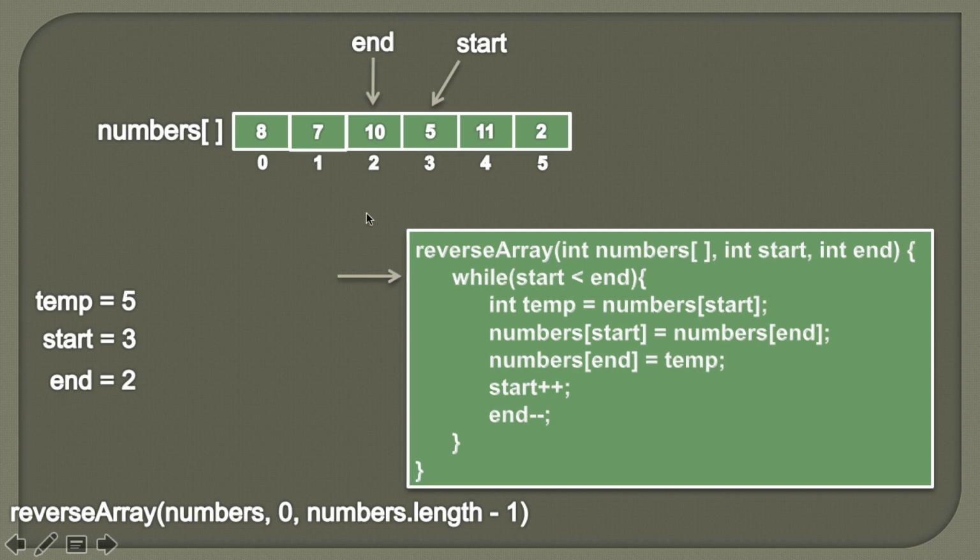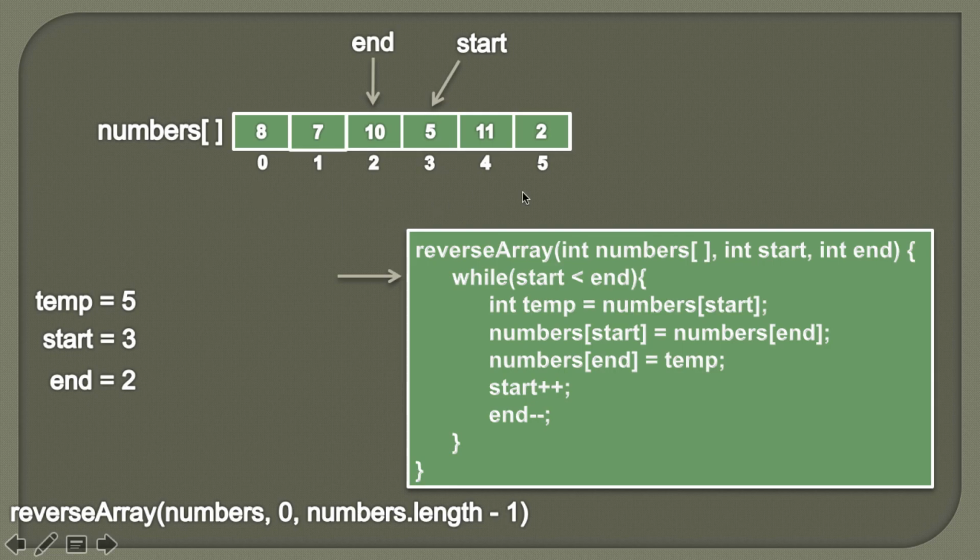So friends, the idea behind this reversal algorithm was to actually take two pointers, one would be the start position and one would be the end position, and we simply kept on swapping the values and then incrementing the value of start by 1 and decrementing the end by 1. So we performed this operation till start was less than end. As soon as start becomes equal to end or greater than end, then we have actually reversed the complete array.